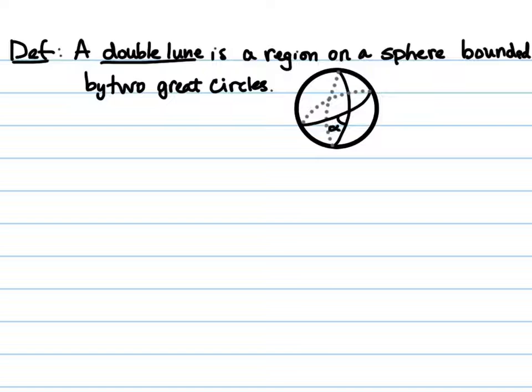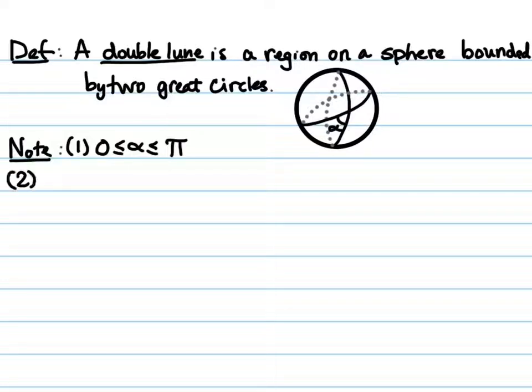All right, two great circles. And we're about to reference this in a moment. The angle here, we're going to call it alpha, this angle that's being created by this intersection. So a few notes about alpha. First, alpha is between 0 and pi. And if the great circles are actually distinct, they're different, then you could use strictly greater and strictly less than on this particular one. You don't need the equals parts, okay? Fact number 2. If you did have alpha equal to 0, then